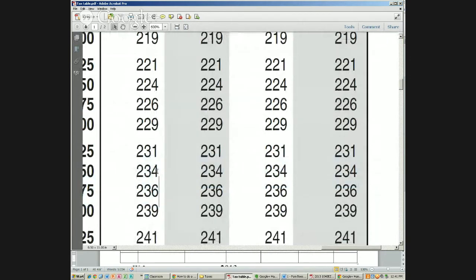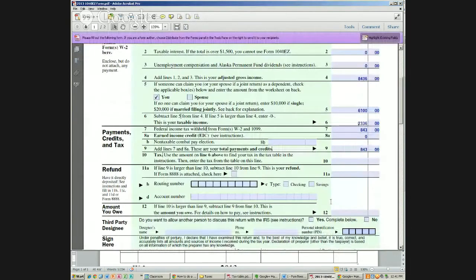Yeah, I know. It can differ when you start getting up to higher numbers. So it's 234. So go back to our form. That's what we put in line here. 234. Now what that means is the government says, hey, you owe me $234. That's what you're liable for to the government. You owe me $234 because you made $2,336.